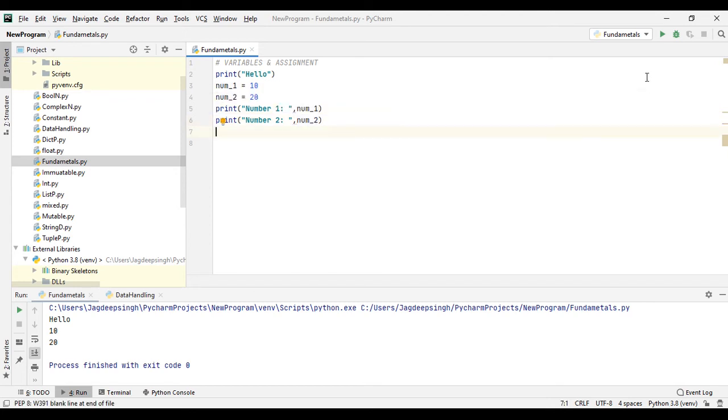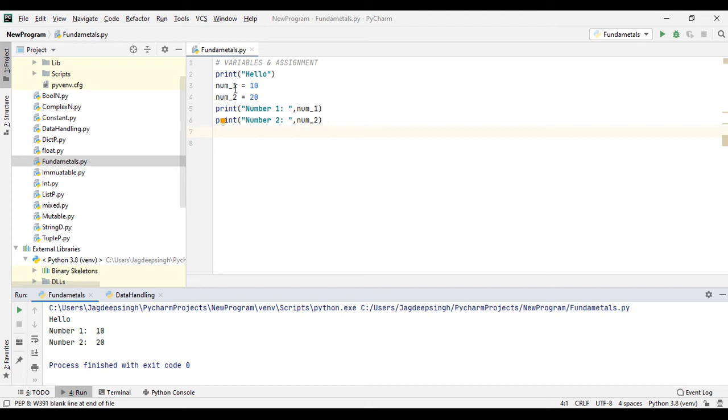Now run this program. Here you can see number 1 is 10, number 2 is 20. In this way you can use more than one variable in a program and assign different values to those variables. There are a number of ways to assign a value to a variable.